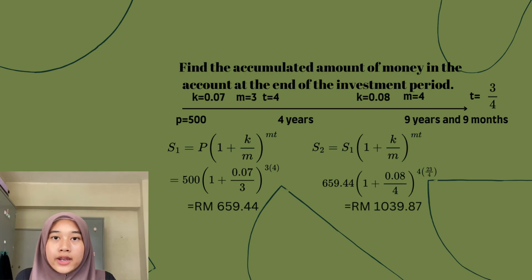Firstly, we have to find the accumulated amount for the first 4 years. So we have to use this formula. S equal to P in bracket 1 plus K over M to the power of MT. 500 in bracket 1 plus 0.07 over 3 to the power of 3 multiplied by 4. So the answer that I got is